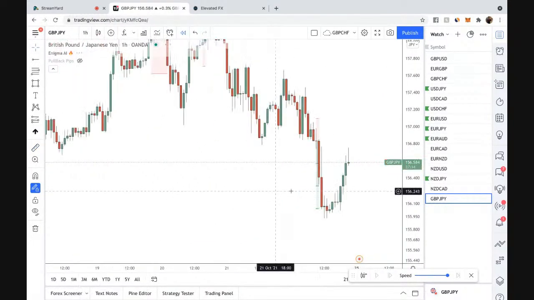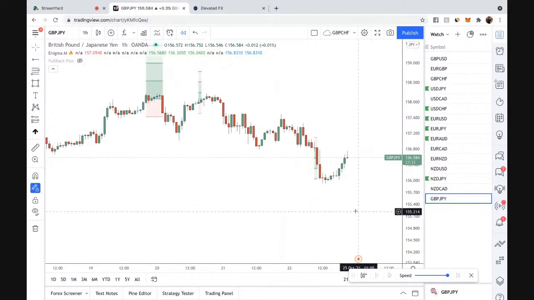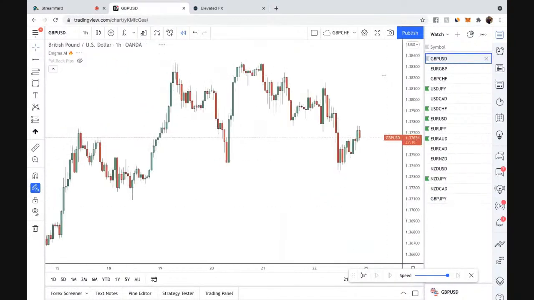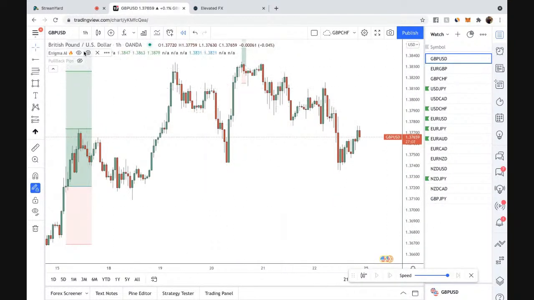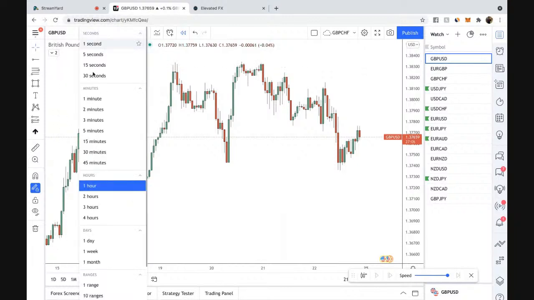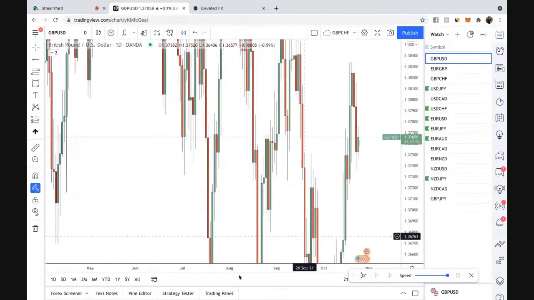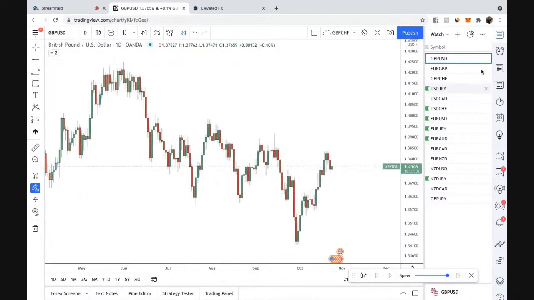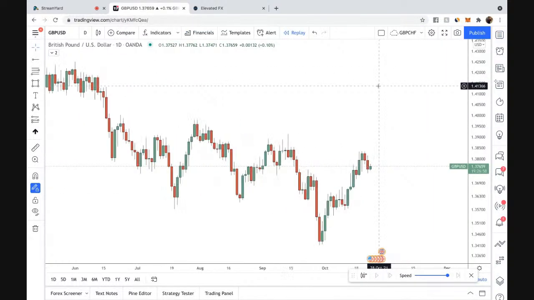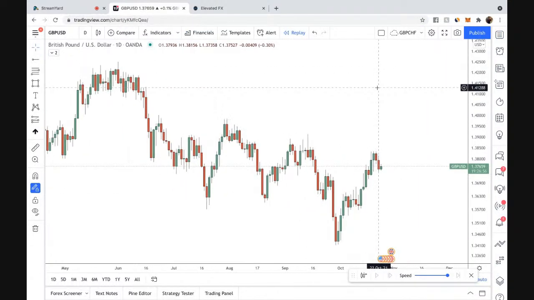Because on the 1 hour, it did hit targets. So let's start off. The first thing we want to be able to do when we're looking at our charts is be able to see where the market is currently at. Doing that on the daily, on the 4 hour is going to give you a general idea, because you're going to be able to see where the market has moved and where it could potentially move to, right?